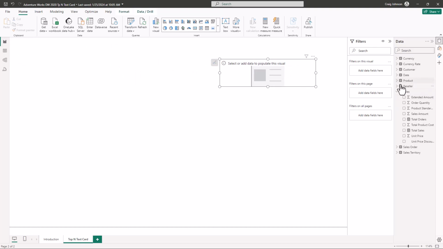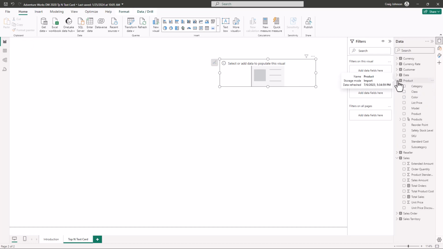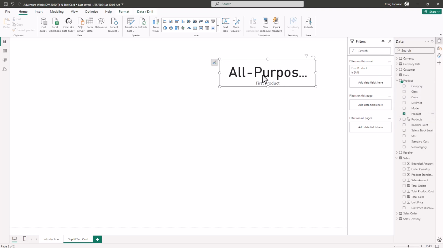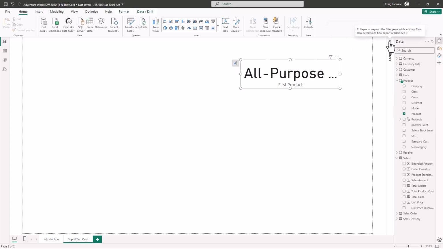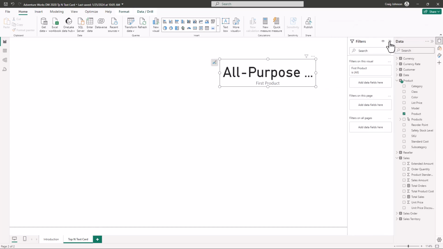The first thing we're going to do is from the product table, we're going to bring in the product. And now we have the product showing. And this is the filter view. If your filter view is not showing, your arrow may be closed. And to get that open, you just click the arrow and now your filters show. And the first thing that the filter defaults to is the first product. So it defaults to showing the first product in the product table, but we want to see the top selling